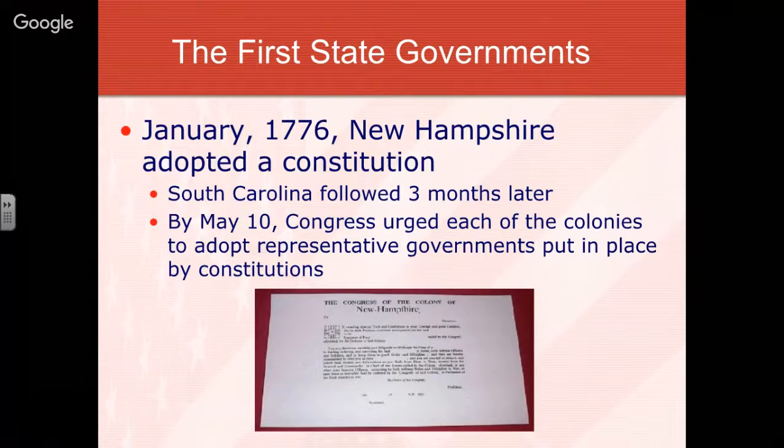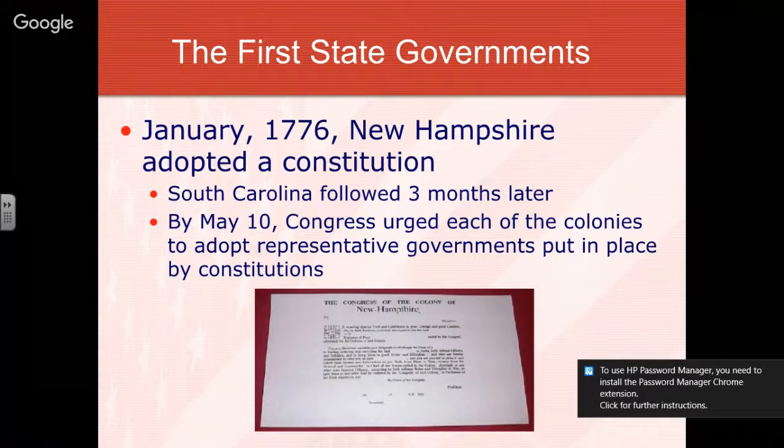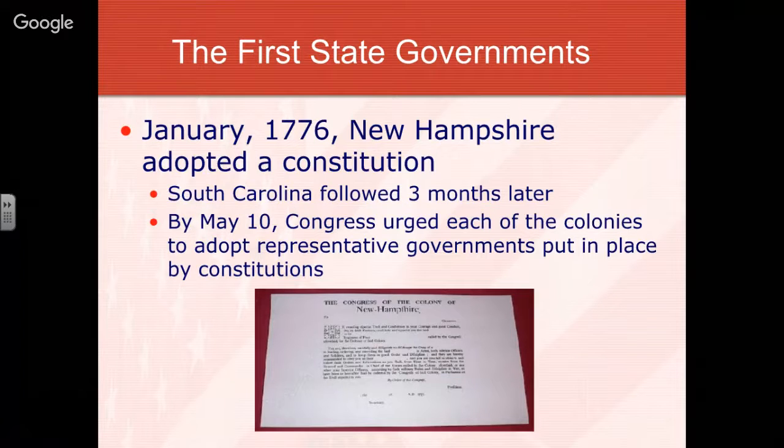But we're going to back up a little bit now and go to January of 1776, when New Hampshire was the first colony to officially adopt a constitution. South Carolina followed 3 months later, and then by May 10th of 1776, the Continental Congress urged each of the colonies to adopt representative governments put in place by constitutions. Pictured below here, you can actually see the initial copy of the Constitution of New Hampshire, which was created by